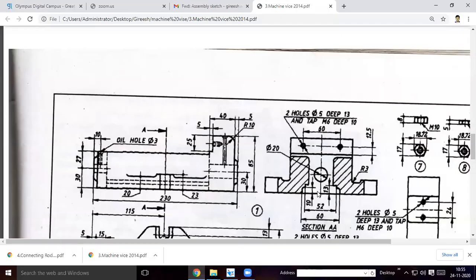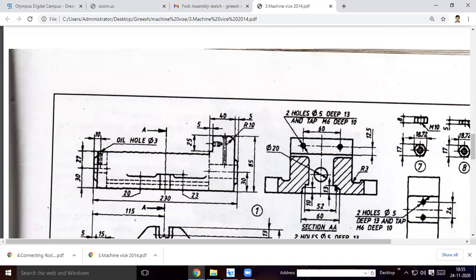This total width at the bottom is 60, right? This is 30. So this length will be how much? This is 10 here, the given. This distance will be, here it is given 60 minus 52, it is 8. On either side it will be 4 and 4. This will be 3 because this is 30, 10. This total distance will be 13, this will be 3.